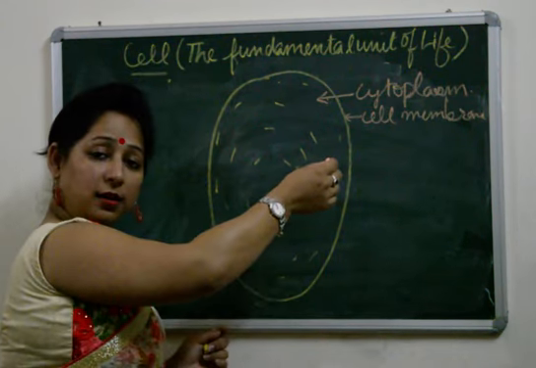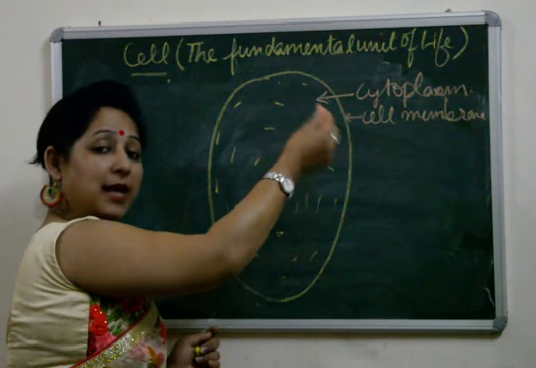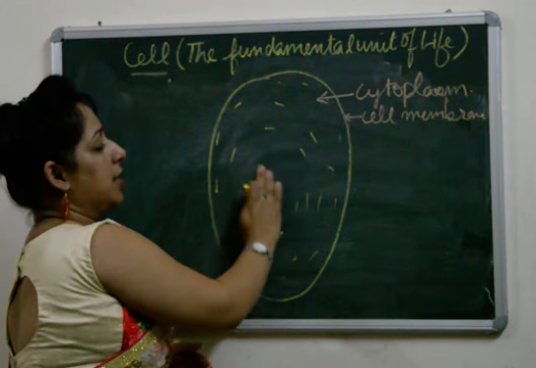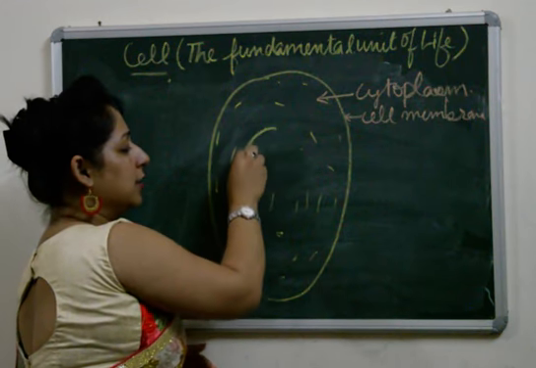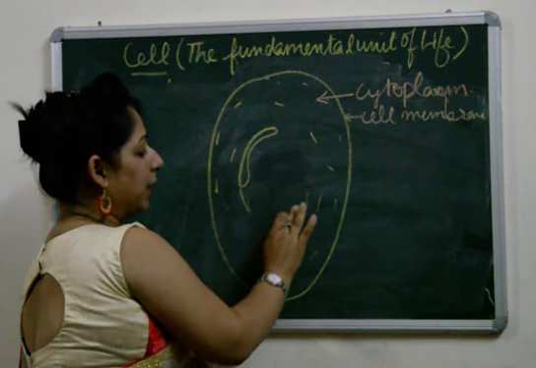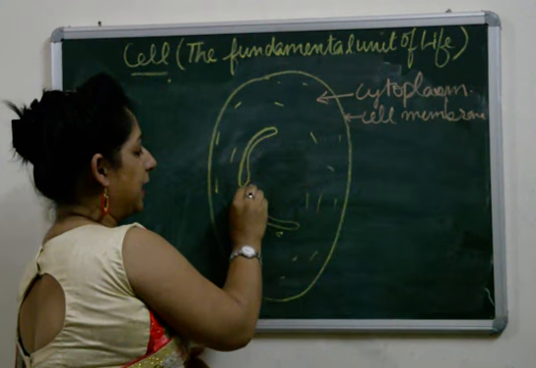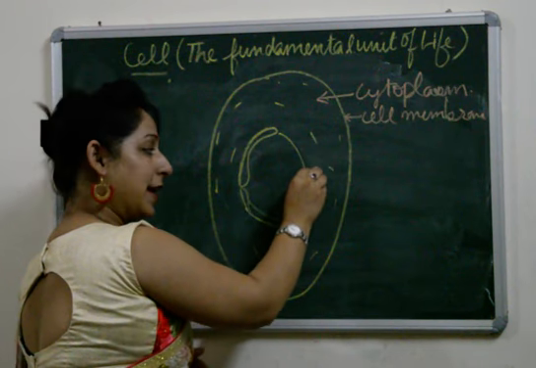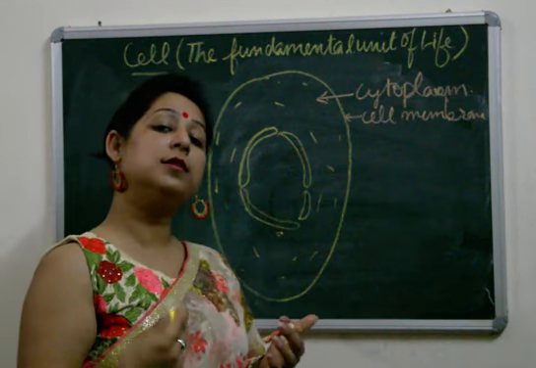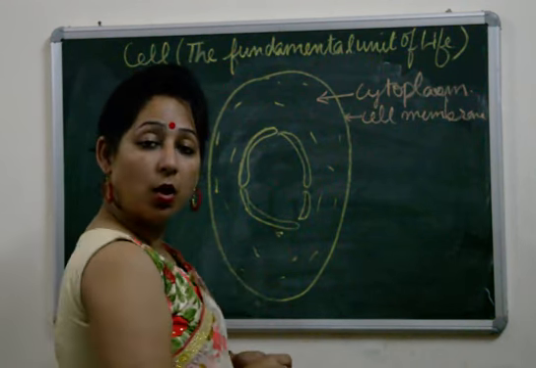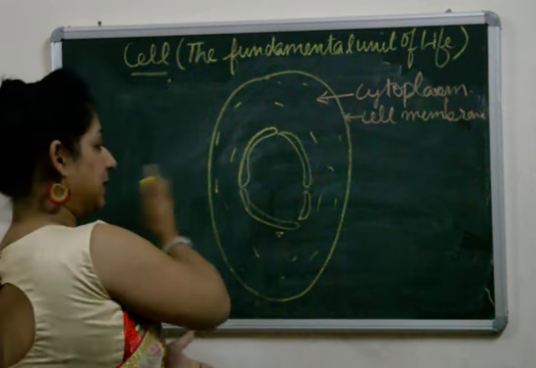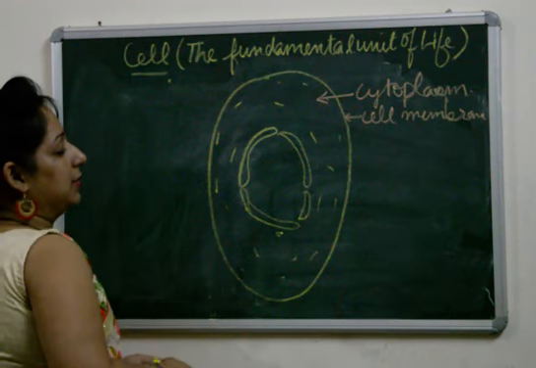Then after cytoplasm, the next main part of the cell is the nucleus. Nucleus is almost centrally placed in the cell. It is almost located in the center of the cell, and it is a very important part of the cell. Why? Because it controls almost all the structures of the cell. Now, when we draw the structure of nucleus, I'll be writing the parts of the nucleus this side so that it is easily clearly visible to you.